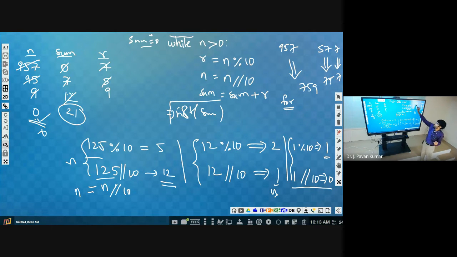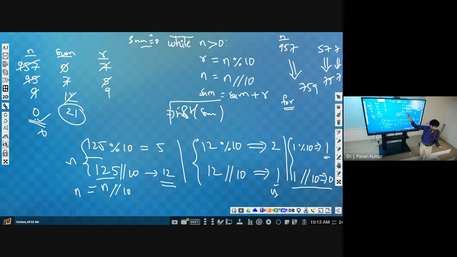The 957 we are taking as n value. Given n value is 957, entirely one number. We are not taking individual digits. 957 will be given as the input. But we know how we can get individual digits. Same thing, mod.